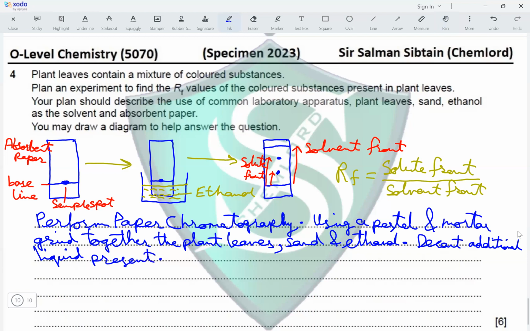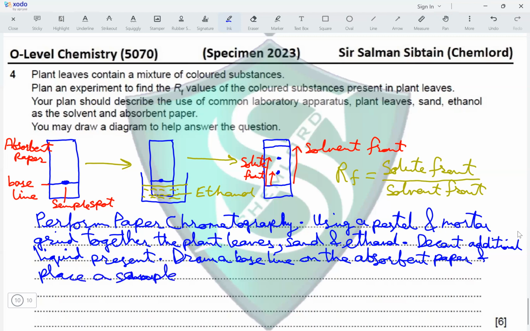Now what we will do is draw a baseline on the absorbent paper and place a sample spot on it. Let it dry. You have to let it dry before you perform the chromatography. Let it dry. Okay, after you let it dry, now what you will do,